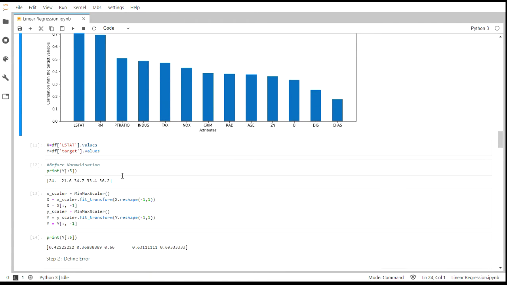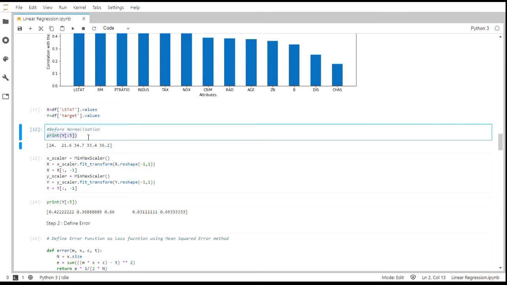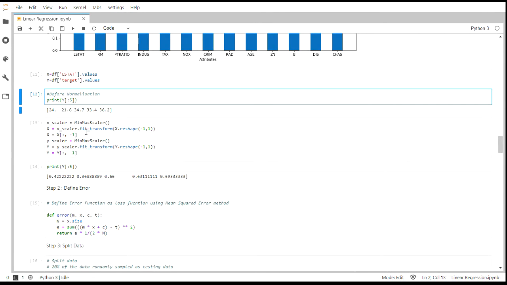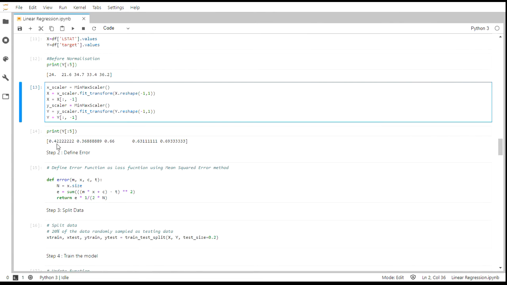So we can see some of the data using print functions. We have the absolute data. We are going to do scaling, minimum and maximum scaling, and then we are going to use fit_transform to reshape the data so that we have all the data between 0 and 1. This will help us to normalize the data before we start